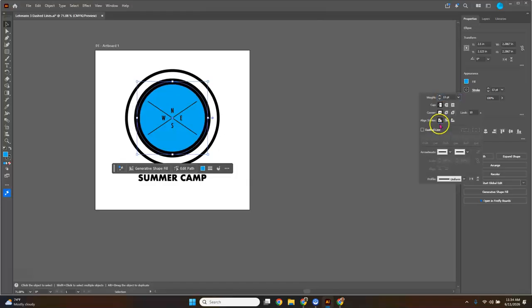Now, from there, we are going to work on creating a dashed line. The way we're going to do that is we're going to select this little box right here that says dashed line. After we click that, down below, it's going to open up options. We have a dash, and then we have a gap. It says 12 points is our first piece here. We're going to select into that, and we're going to change that number to 7. After we click there,